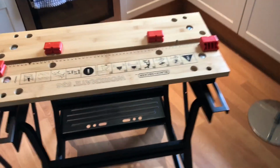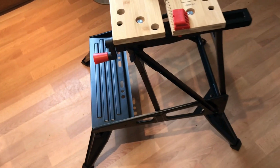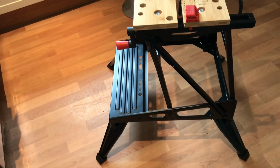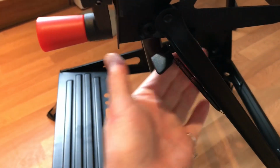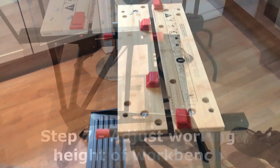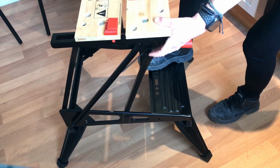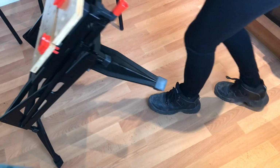Now there's one more thing I'd like to show you before I go, and that is if you have your legs chopped off for any reason whatsoever, you can shorten the height of this workbench. Now what you do is you collapse it. So you collapse it, if you remember, coming under here where the handles are, and there's this lever here, okay? So you pull that and you collapse it, and I'll show you how that works. Okay, so now we're going to collapse it. Stand on the step, get the two tabs and pull towards you. Alright then, so short people, lift it up here,